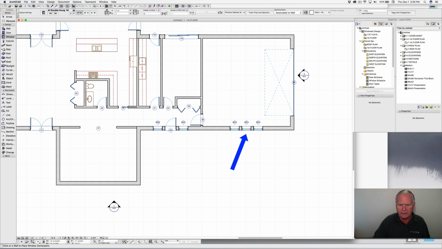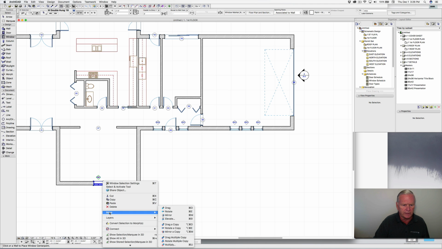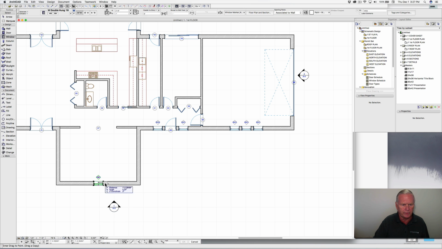I'm going to repeat this style of windows here. So again, just find the center point, click, and insert. And I'm going to grab that window. And since I know the dimension, I don't have to be specific in going to find out that it's 6.5 wide. So I'm going to say move, drag a copy, and we went 3 foot 2.5,